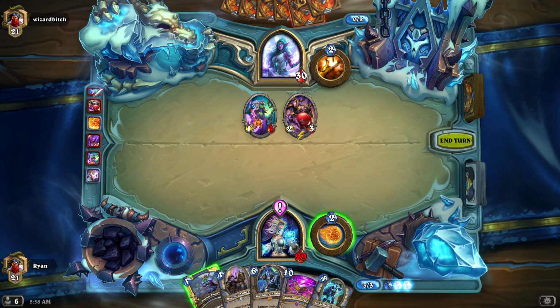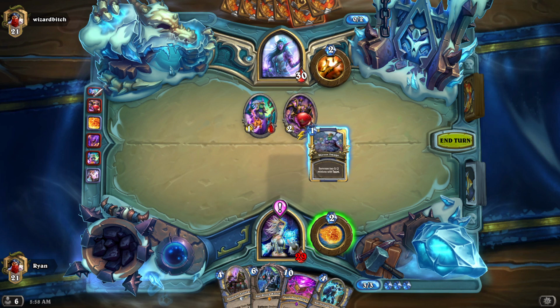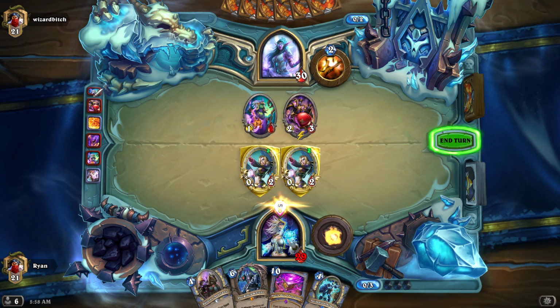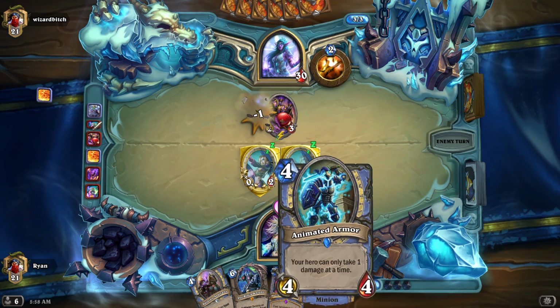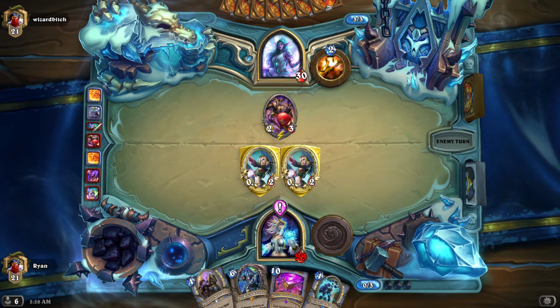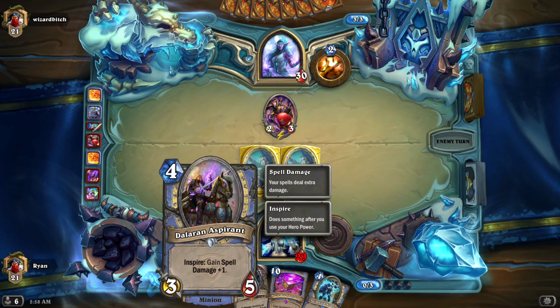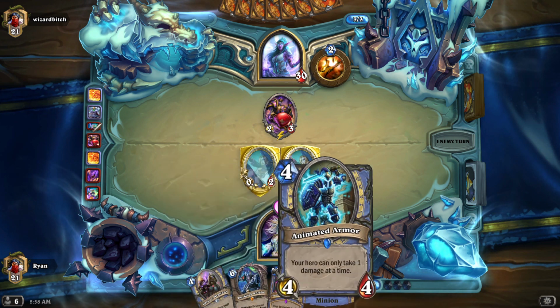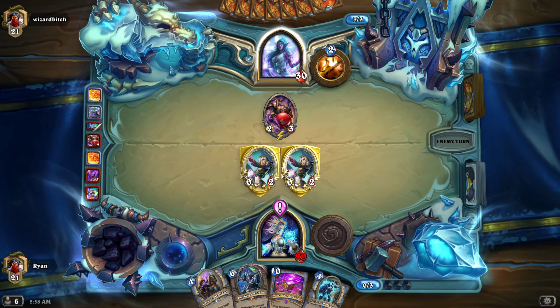Animated Armor. Let's go ahead and stick that. Slow him down. Got this for next turn. Or Dollar on Aspirant, either or. I really don't have any spells, so this doesn't make sense. Animated Armor might bait something out of his deck, so...